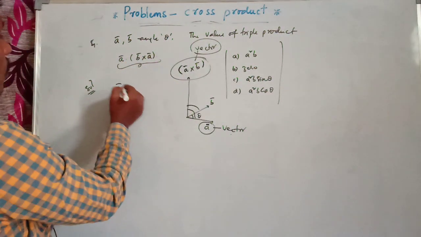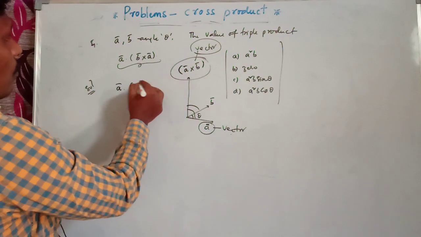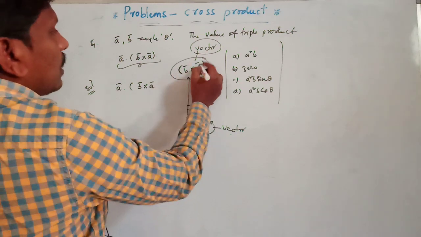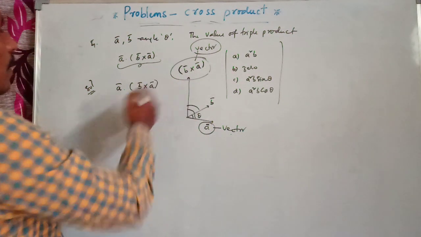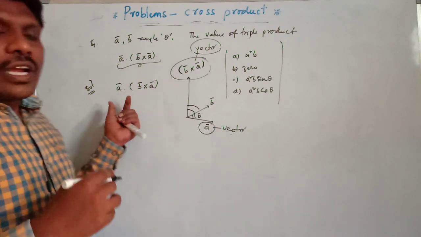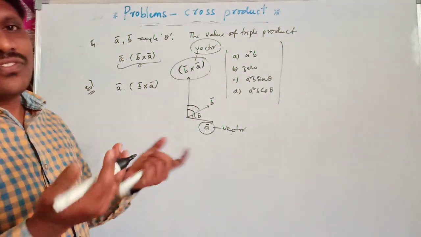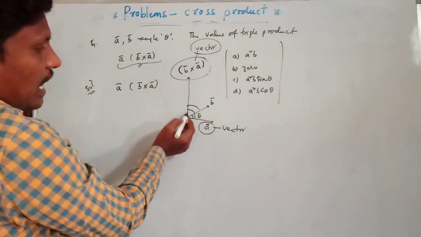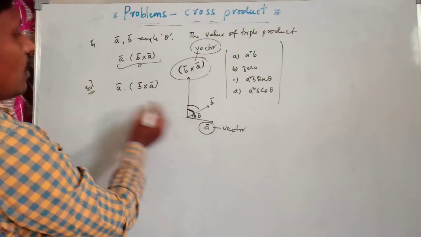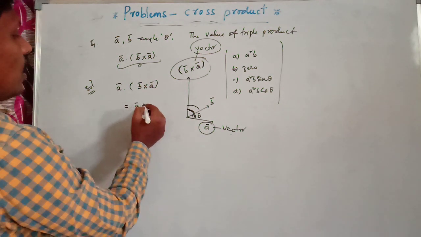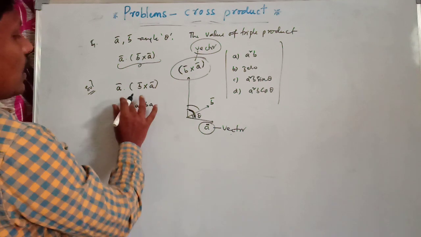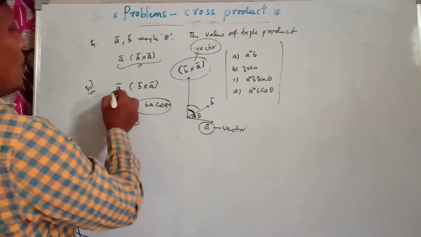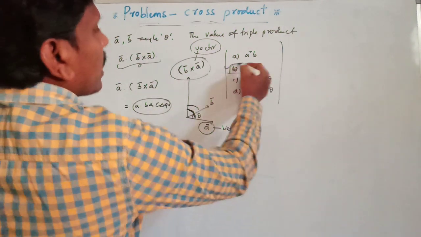That is only A bar dot B bar cross A bar. If we change the order, we can write it as B bar cross A bar. The dot product of the two vectors gives what? Always 0. Clear? Because this B cross A is normal to A bar. Then we can write it as A bar, that is BA or ABA cos 90, that is 0. Total becomes 0. So which option is it? The second option is the right answer.